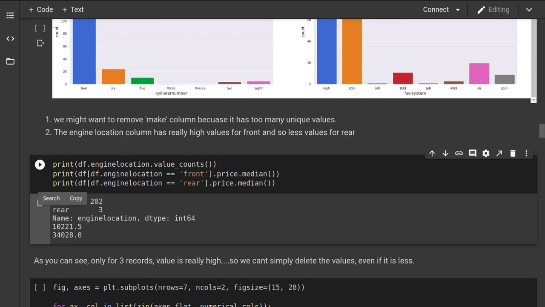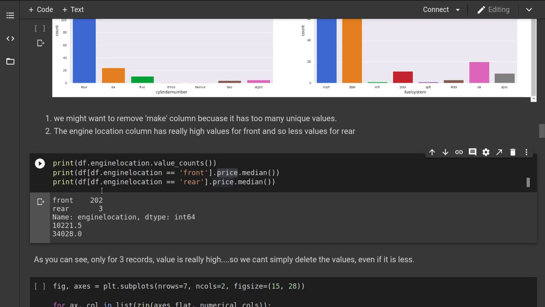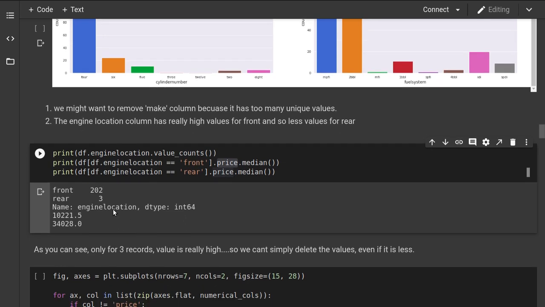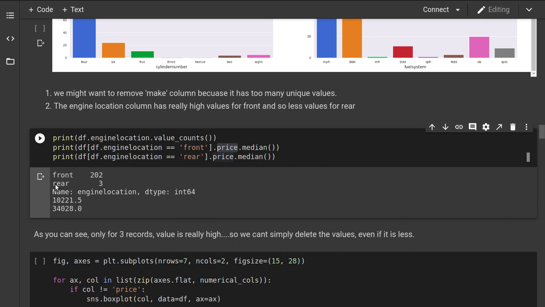But as you can see here, the median of their price, even with the fewer values, the rear engine location car has really high values. It can be probably Ferrari or like that. So those cars usually have the engines in the back rather than in the front, but the price is really high. So we can't really say that it's an outlier and delete it, because it really contains some information in it.